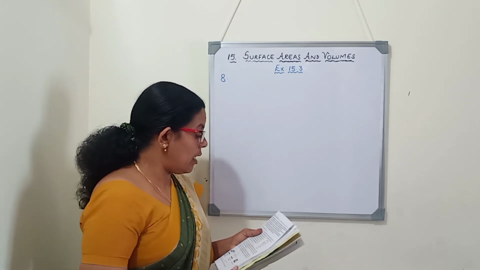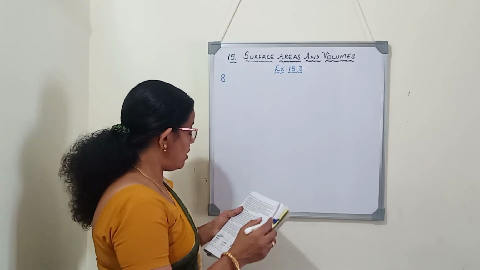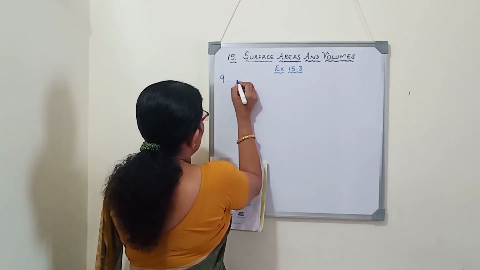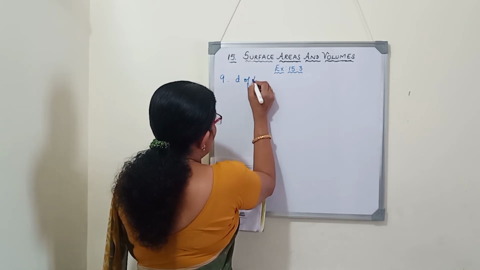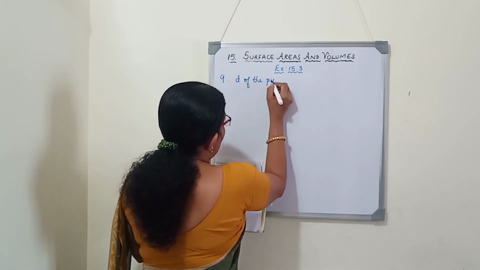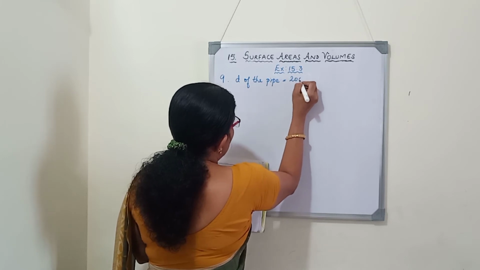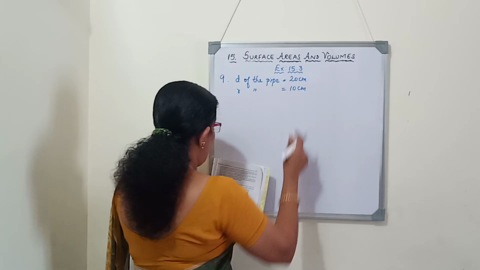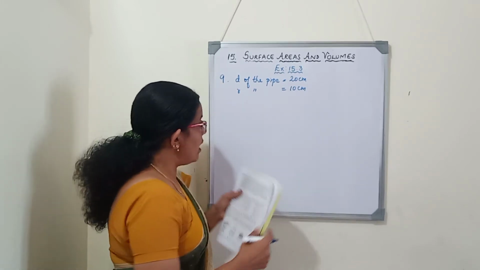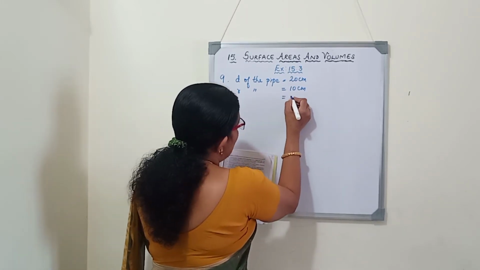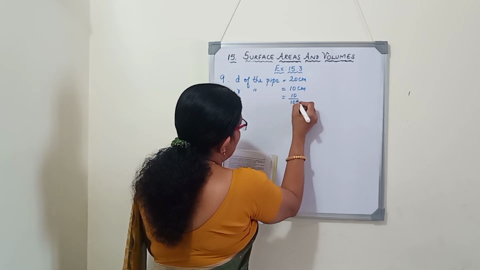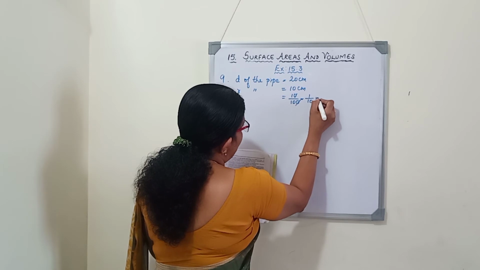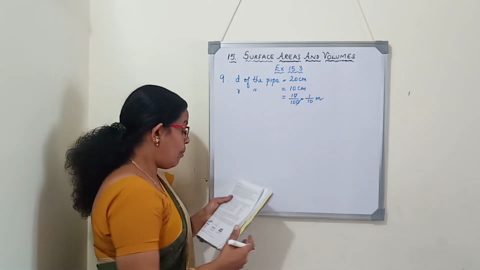So here internal diameter of the pipe is 20 centimeter. So diameter of the pipe. Pipe is also a cylinder. Diameter of the pipe is 20 centimeter. Therefore radius of the pipe is 10 centimeter. And here the values are all given in meter. We will convert this centimeter into meter. 10 by 100. So 1 by 10, we will write 1 by 10 meter. This is the radius of the pipe.